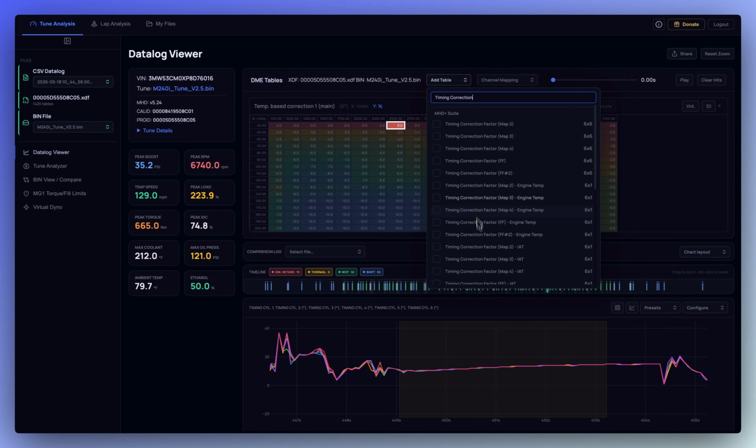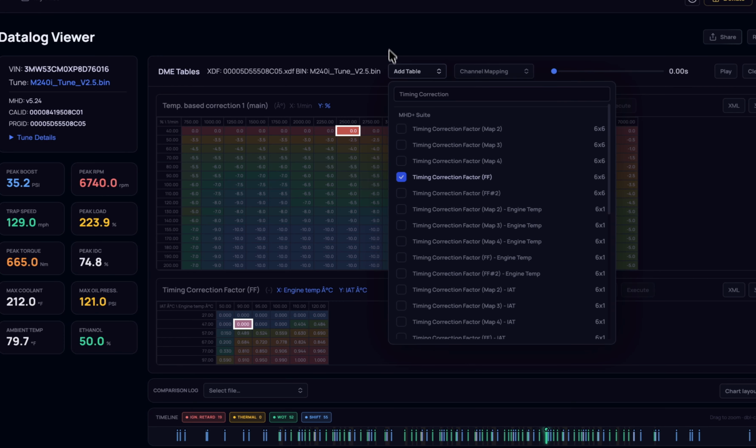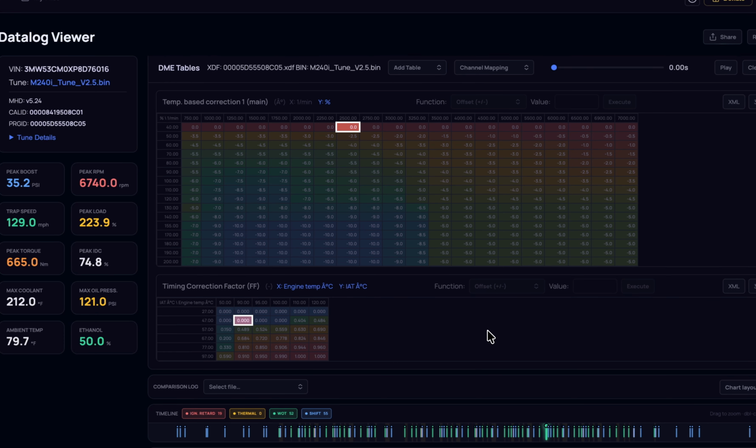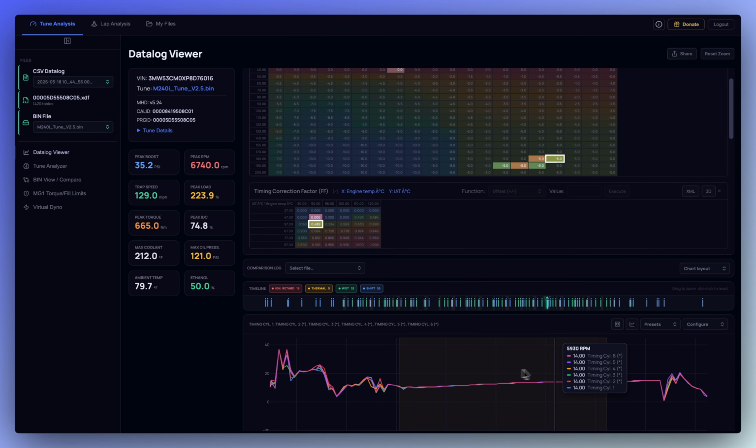So all your DME tables are here, as you know, from my flex fuel tune, which I'm running right here. See 50% ethanol. I'm gonna load this guy right here. And as you go over your data log, it traces the cells. So you can see right now at 6,000 RPM, about 14 degrees timing across